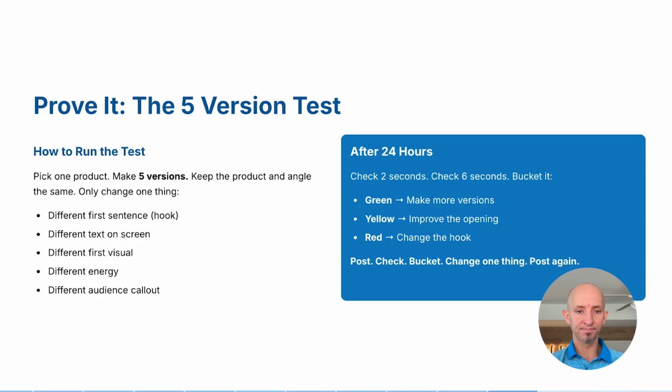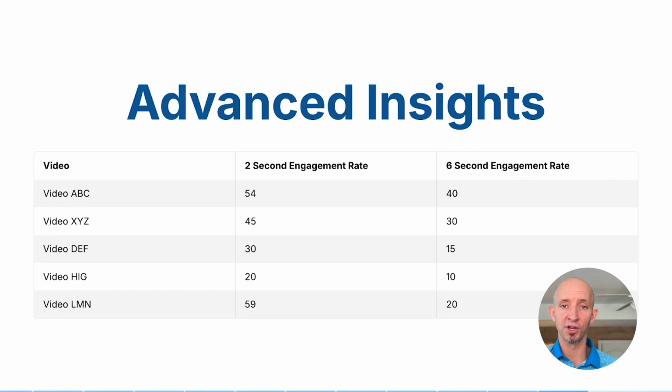Say, okay, the first sentence, the hook I said worked really well. That had my highest engagement rate. But now what if I incorporate text on screen with that one? What happens? Okay, great. Now, what happens if I'm a little more enthusiastic with that? What happens to my engagement rate? So that's the way you make small incremental improvements constantly over and over again, and you can find a lot better success with that. So that's my overall takeaway for you guys.